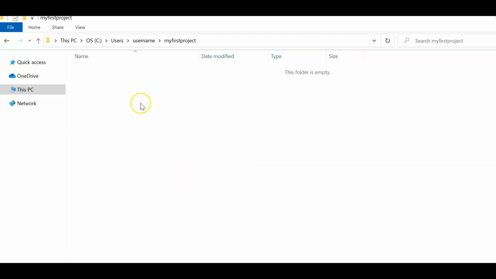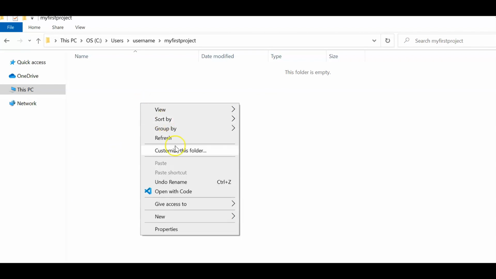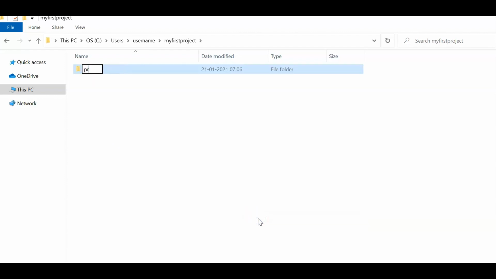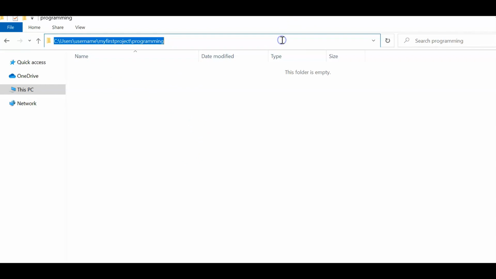My first project, and inside that, I would like to create one more folder, in which I will write my programs, right? So I will create a folder, let's say programming. Okay, so I have created my first project, and inside my first project folder I created the programming folder, and let's copy this location.